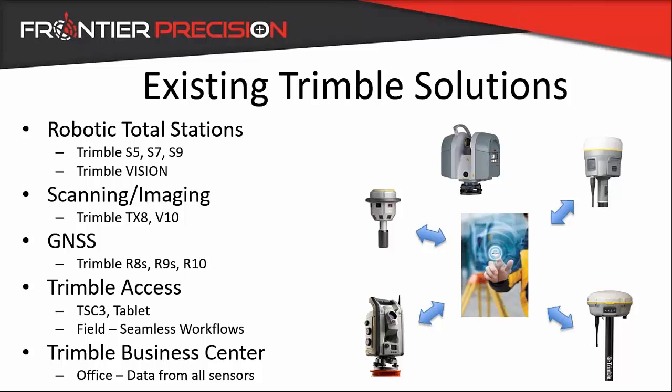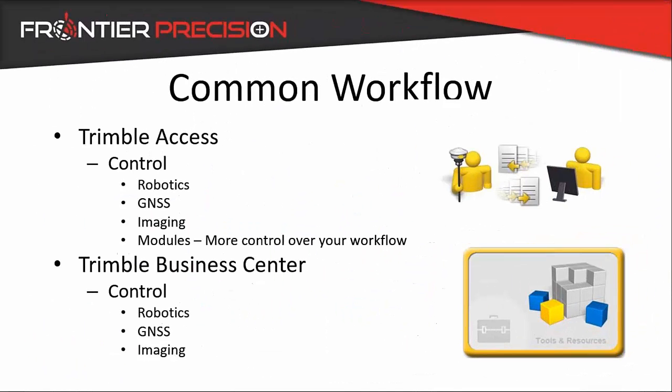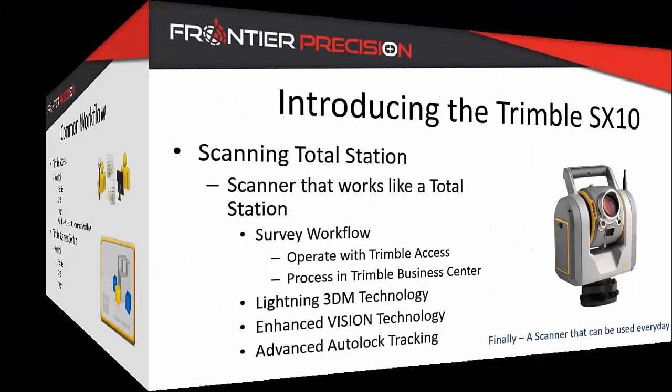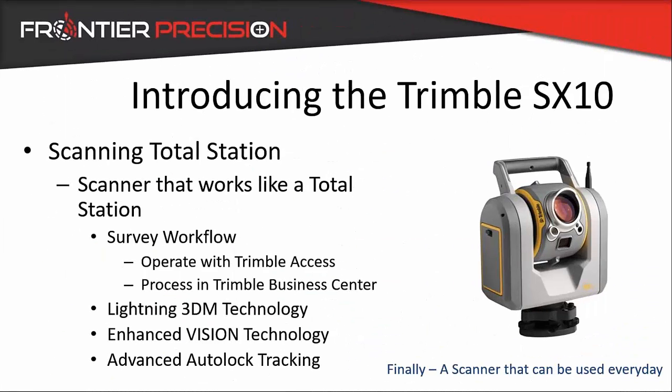And so your rod might have a prism and a total station on it. Or if using the V10, your rod may have a V10 imaging camera and a GNSS receiver on it. So one of the things that Trimble did is they introduced a brand new piece of hardware that is truly a scanning device with imaging and robotic total station technology built into one device. So again, bringing in those synergies within the Trimble SX10,